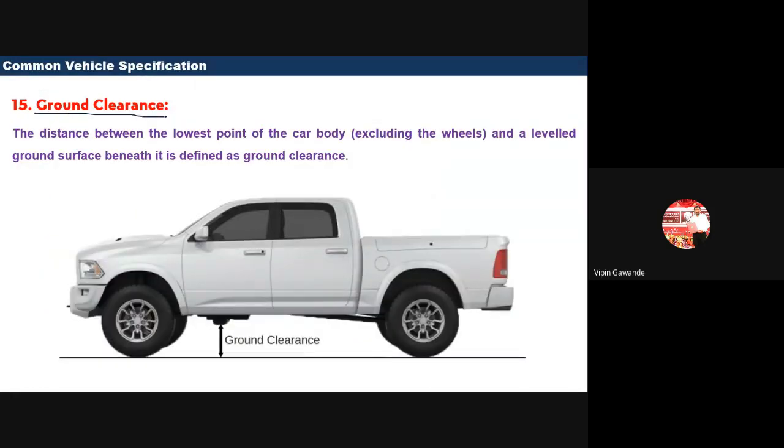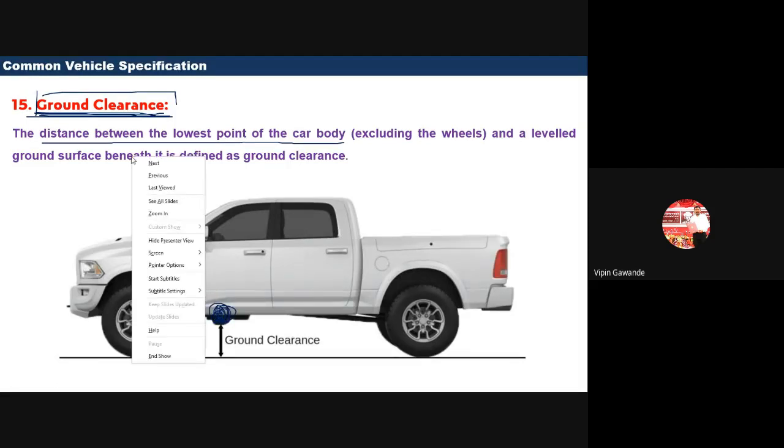Now next one is called the ground clearance. We also check the ground clearance. Otherwise what happens is, when we run the car, the car hits the speed breaker on the ground below. So we always check the ground clearance. Ground clearance means what? The distance between the lowest point of the car body